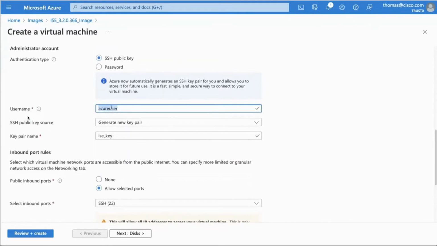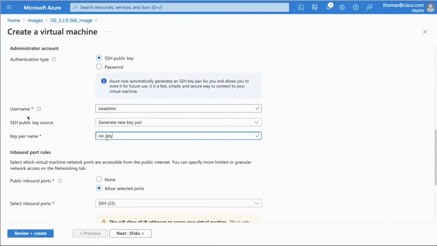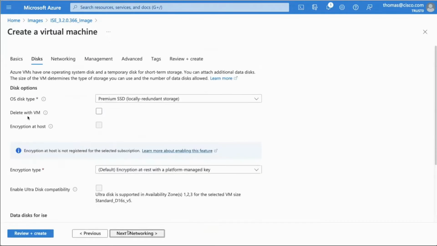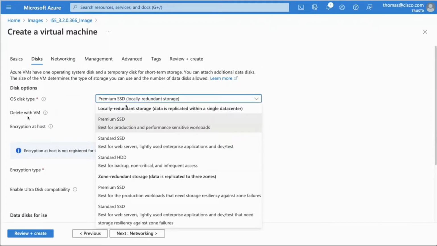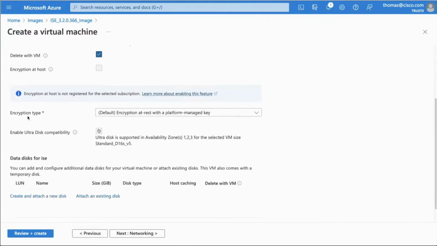There are others. The username, so notice that Microsoft wants to use Azure AD. You can't use admin, unfortunately. So that's a bit of a change. We'll show you that later. So you're going to need an SSH key pair. You can either provide your own or have it create it for you and then download it. I'm opening up the inbound ports. I'm not going to do any kind of ACLs or security groups. And again, the goal is to show you how to make it work, not to show you best practices in